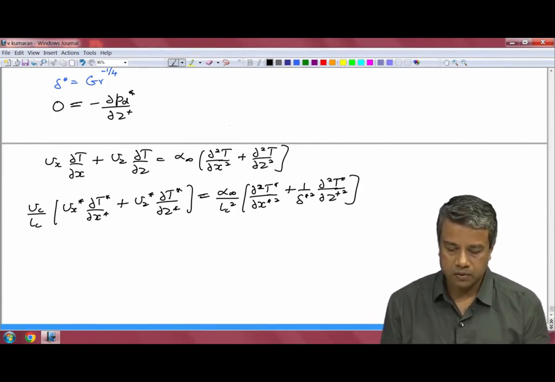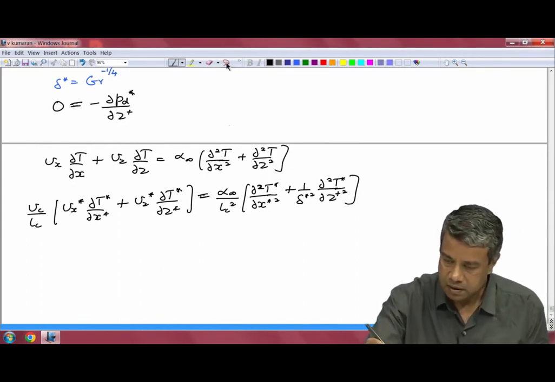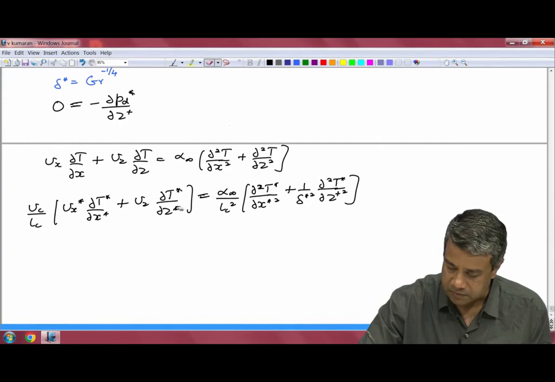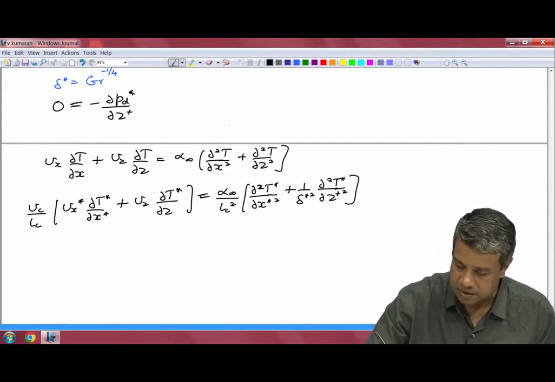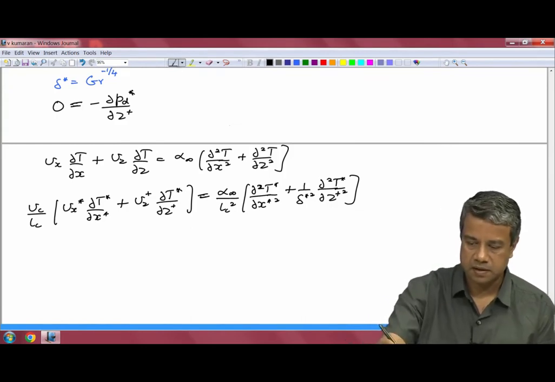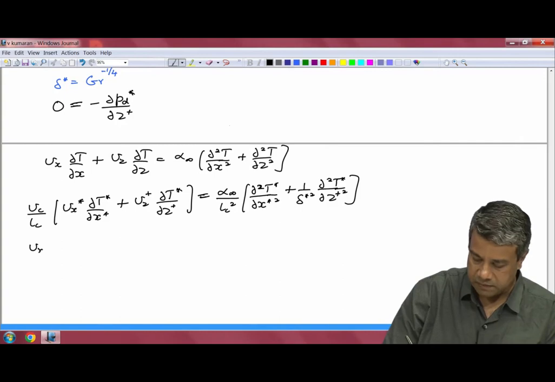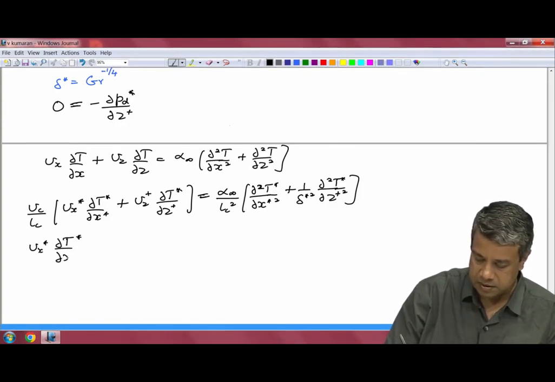And you divide throughout by the prefactor on the left, and I made a mistake here because it should be Vz plus. I am scaling the velocities by Vz plus and the length by z plus. So, let's kindly correct that. I will get Vx star partial t by partial x